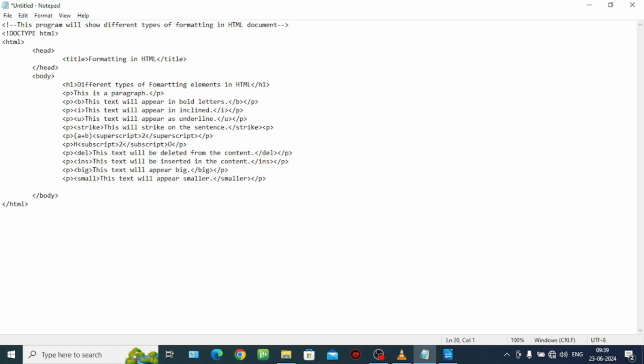Now the next element I'm going to take is mark. What the mark element or tag does is highlight the given text. On most computers, this tag is highlighted with a yellow background color, but it still depends on the computer. You can check in yours what default color it has taken from the system. This text